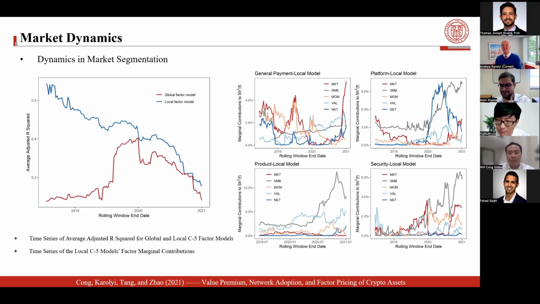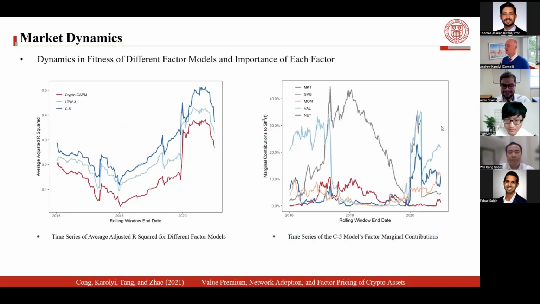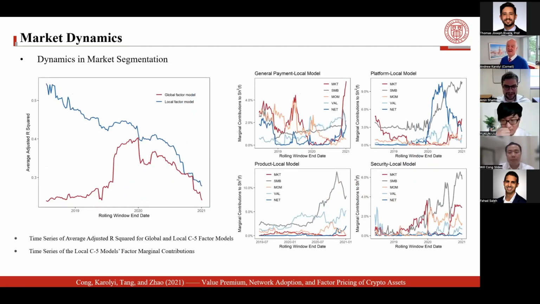Exactly. Yeah, and we have not had the time to actually dissect all this stuff. These are the marginal contributions of each of the 5 factors in C5 over time in each of the 4 sub-segments. So this needs some real attention here. You're looking for some big jumps in here, and I like it. Given the number of tokens you have in platform local models, which is your dominant category, it could be that that's driving it. It's interesting to explore what's going on there. Yeah. So this is the overall, all 4 categories mixed together, and here's by subsegment. Thank you for mentioning this.